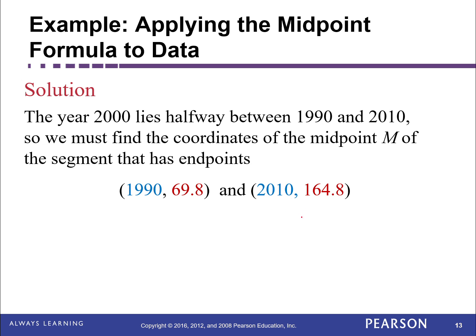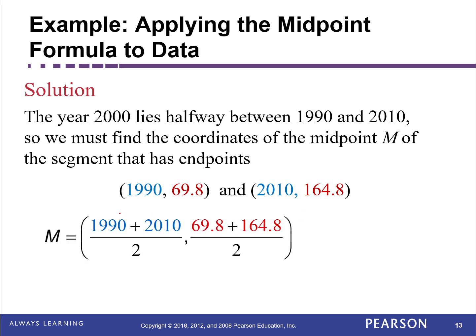We're going to use the midpoint formula here to do this. So we're going to add 1990 plus 2010 and divide by 2. And then we're going to add our y's, the 69.8 plus the 164.8, and then we're going to divide by 2. Okay. Now, 1990 plus 2010 divided by 2 gives us an average of 2,000. And then 69.8 plus 164.8 divided by 2 gives us